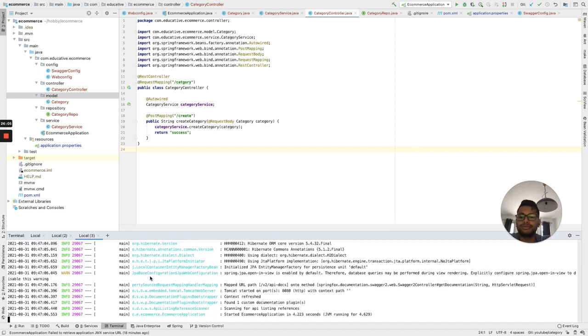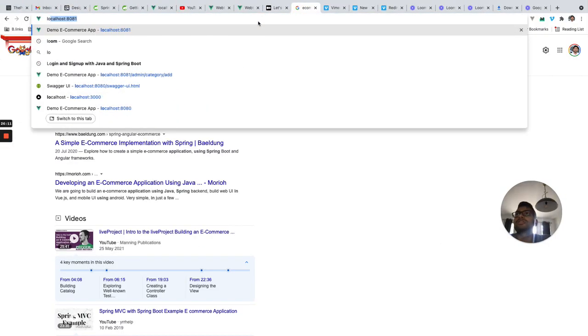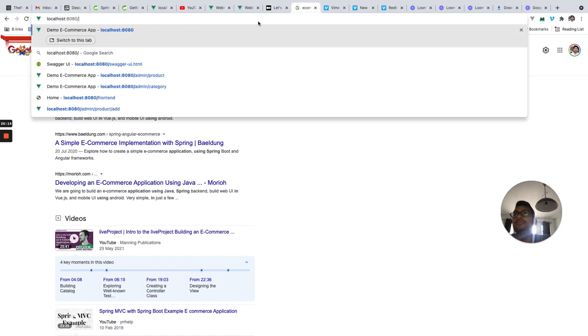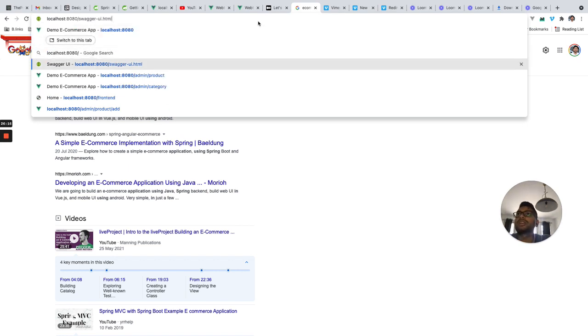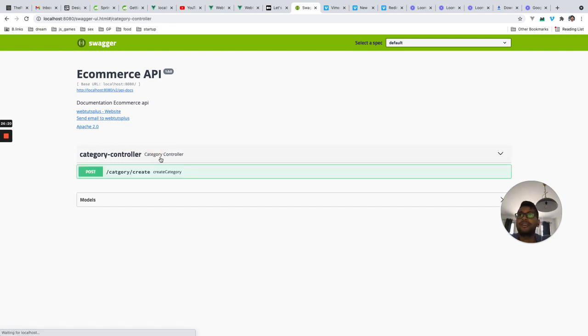Okay, it's running. So now go to localhost:8080 and then swagger-ui.html. Well, yeah, we have our first API ready.